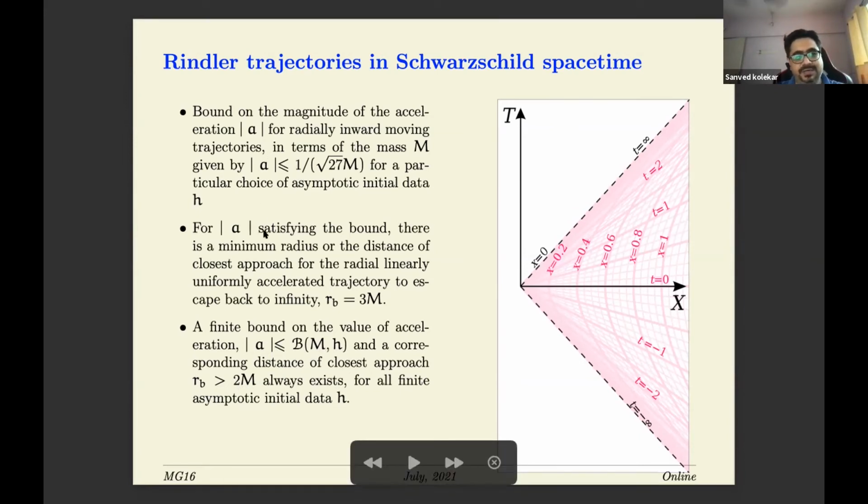One particular bound is interesting. If you choose h equal to 0, your minimum radius is 3m. This is the usual photon sphere that we are familiar with. Corresponding to this r minimum, the acceleration bound turns out to be this particular value, and you can check that this value is the inverse of the shadow radius. The shadow radius for the Schwarzschild black hole is exactly the inverse of this parameter, and the minimum radius up to which that trajectory can go is the photon sphere. So you get interesting physics just by studying these trajectories. This was about the bound.